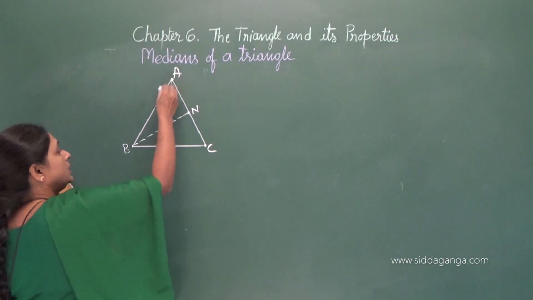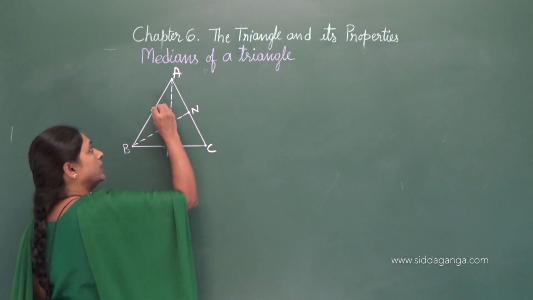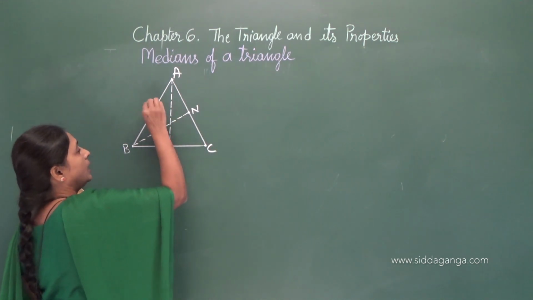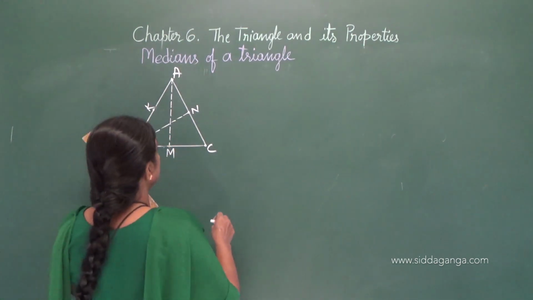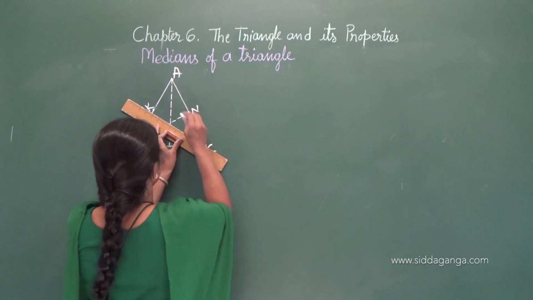Here also I can draw median for this. So if I consider K here, midpoint of AB, when I join this to C,